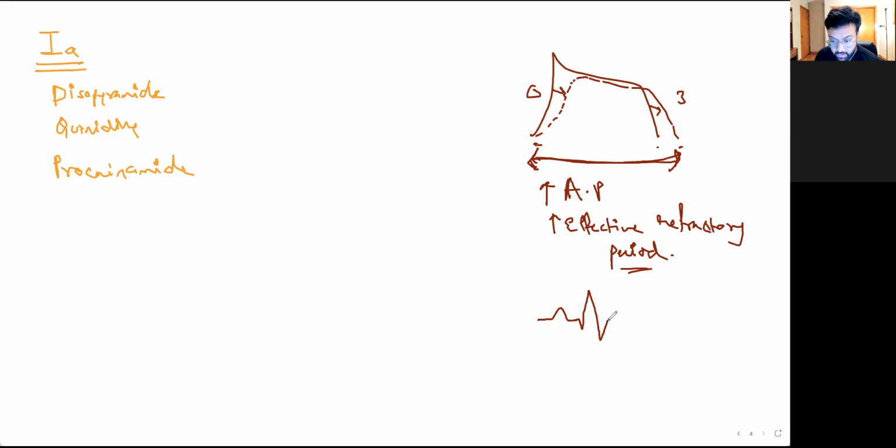If it's blocking the sodium, we know that it widens QRS. If it's blocking potassium, what will it do to the EKG? QT interval increase. Very good. QT prolongation. That's one of the side effects of class 1A antiarrhythmics. It increases the QT. It also increases the QRS complex. And once you increase the QT interval, you have increased risk of